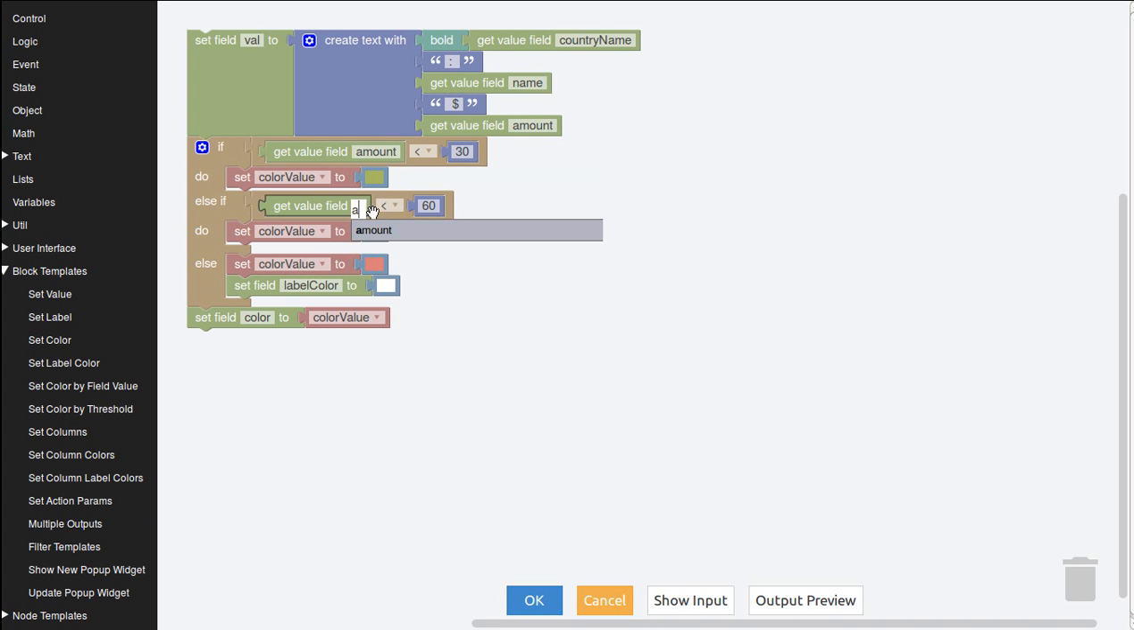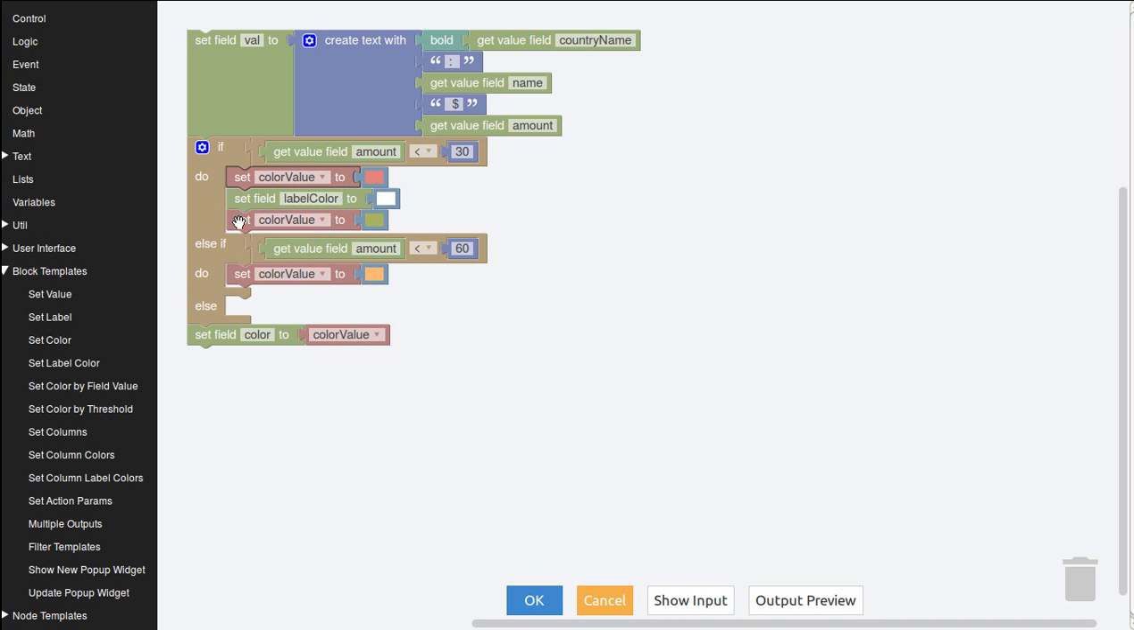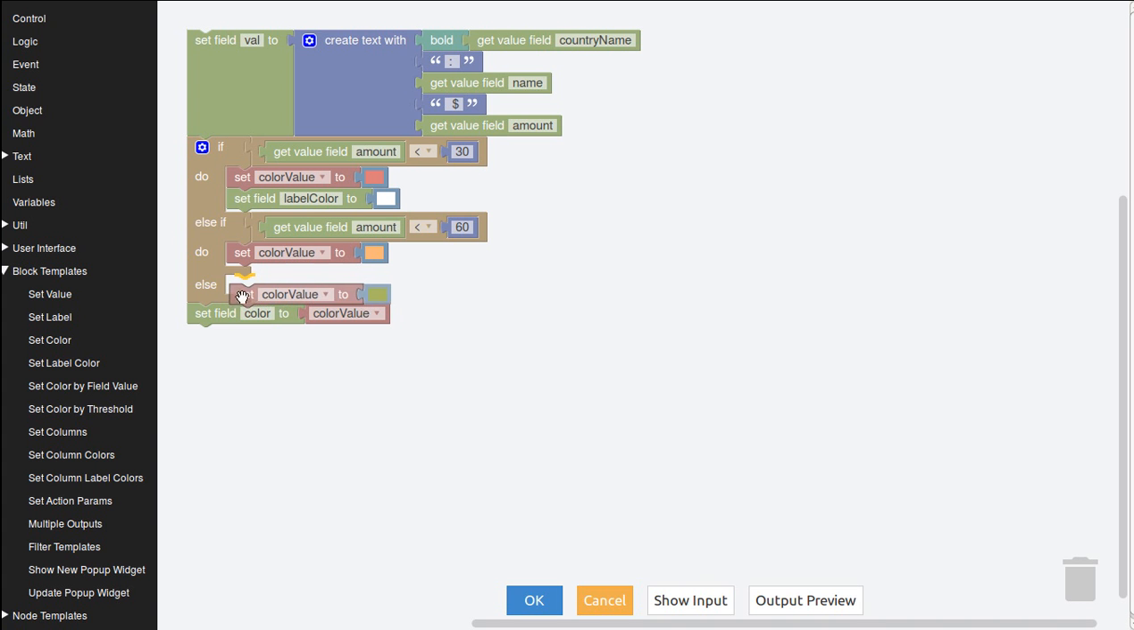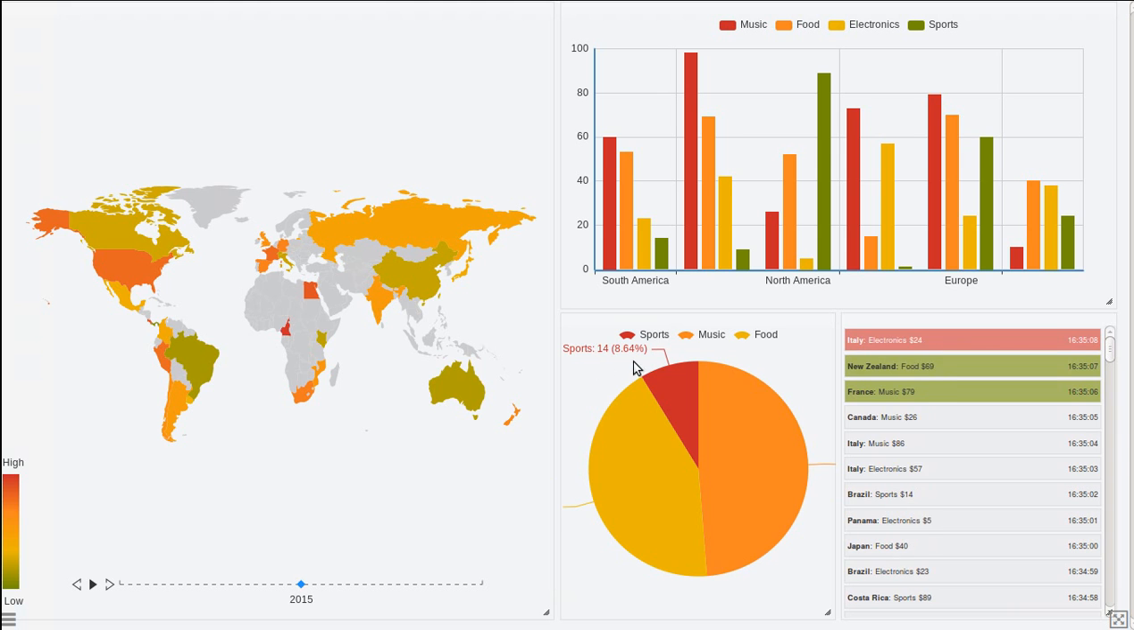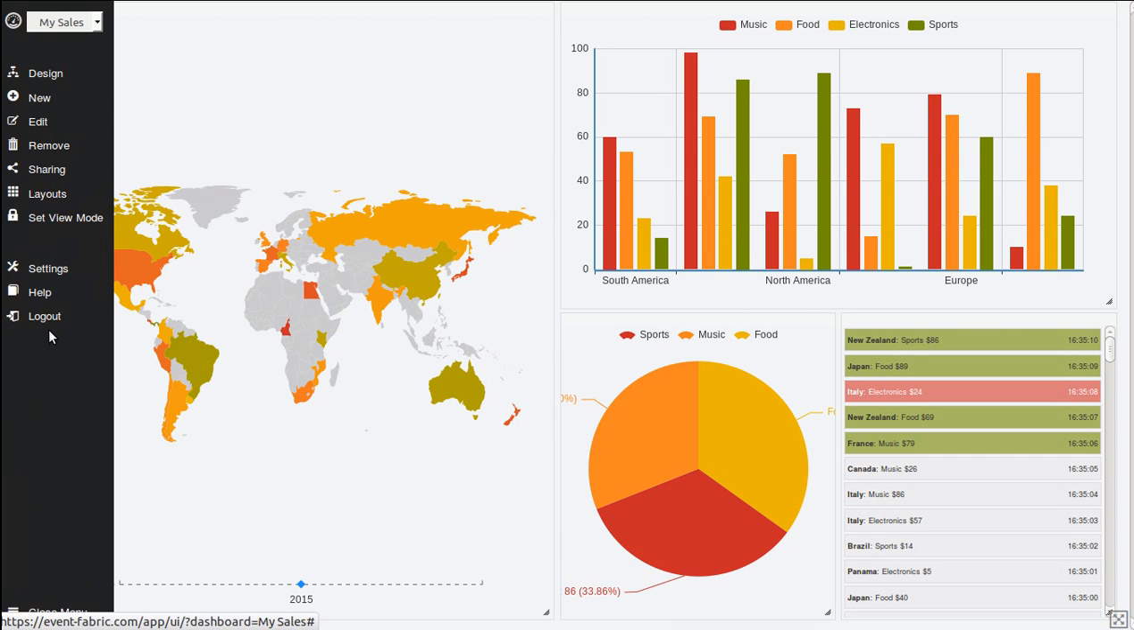In this case, we consider a low number to be something bad. So if the value is less than 30, then red and a white label. If it's below 60, then orange, otherwise green. That should be it. Let's see if it works. It works. And now let's do the flag,